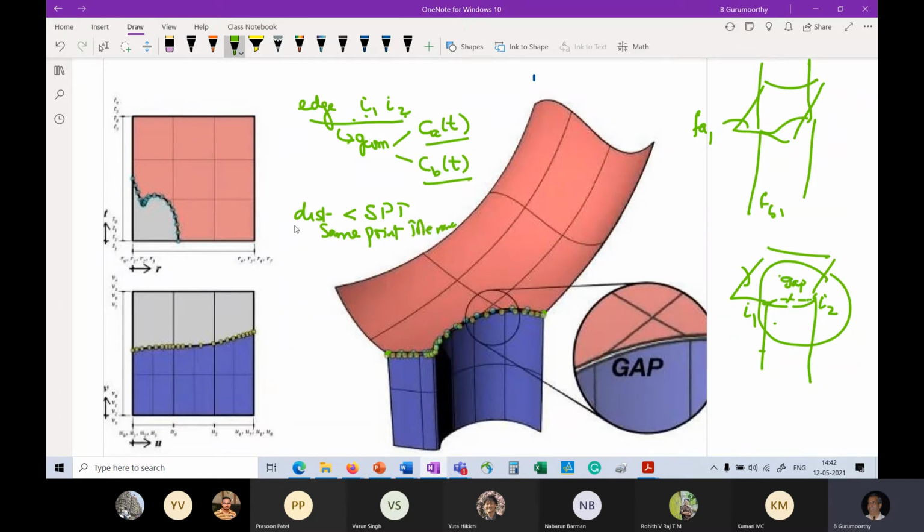Okay, then they will treat it to be the same curve and drop the other representation. So the same point tolerance is like your definition of zero, right? If I find the distance between 2 points, and if it is less than this tolerance that you have prescribed, then you treat the 2 points to be the same,